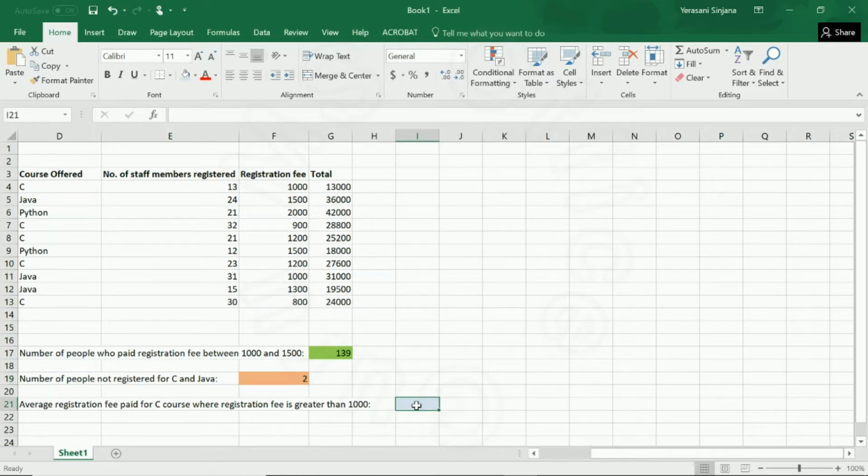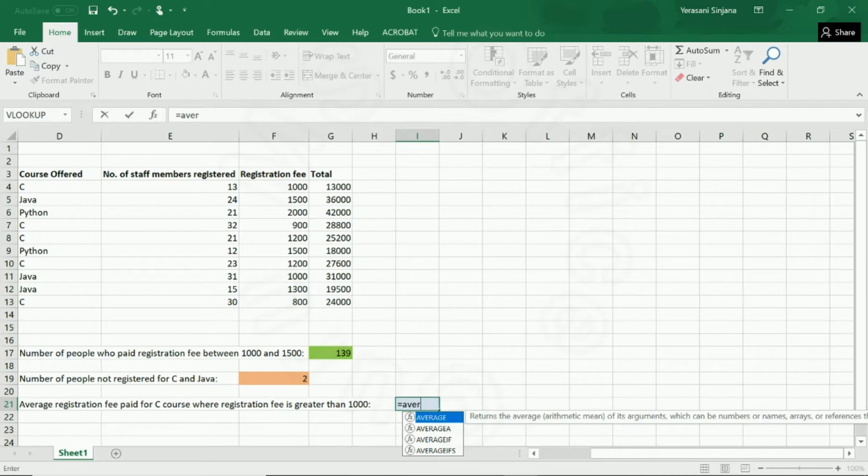Let's go to AVERAGEIFS. We want to find the average registration fee paid for C course when registration fee is greater than 1000. Now we want to add all the registration fees which are greater than 1000 but are only for C. So let's start by typing equals AVERAGEIFS, open parentheses,